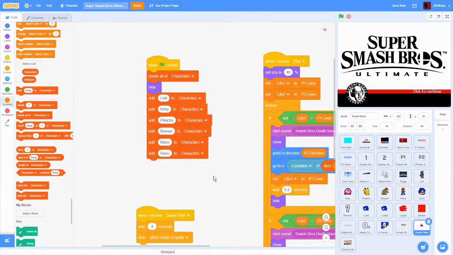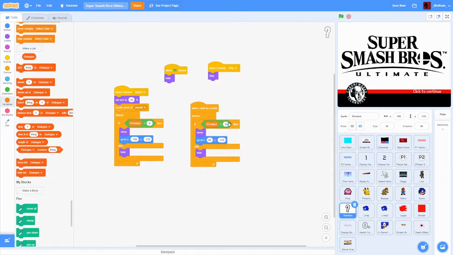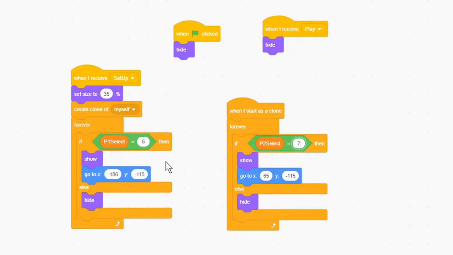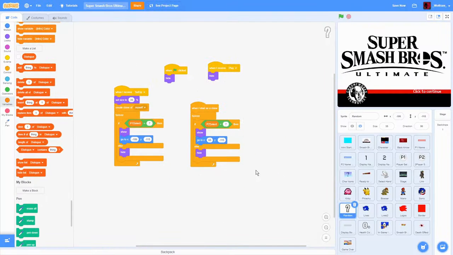As for that little issue we just had before with the random showing in the wrong spot, that's a super easy fix. We're gonna go over to random over here, and we're just gonna change it whenever it's instead of 6, we're just gonna change it to 7. So super easy, but now it's time to start adding in the code for Sonic, which is actually almost identical